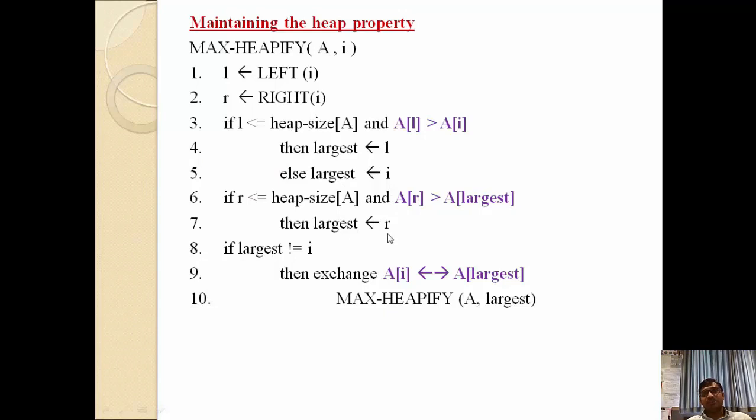This largest element must be swapped with the parent node, but we need to check whether the parent node itself is the largest, then no need to swap. If it is not, either the left child or the right child is the largest, then we need to swap with the parent node. So check largest is not equal to I, meaning our parent node. If largest is not equal to I, then we have to perform swapping between the parent node as well as the largest node. Perform swapping between these two, and then again we have to max heapify the tree. This process we need to do until we reach a leaf node.